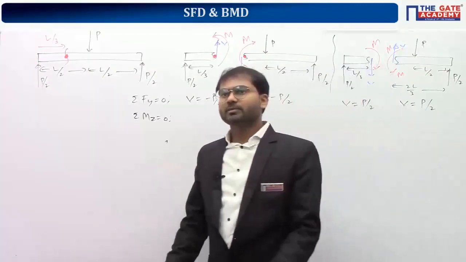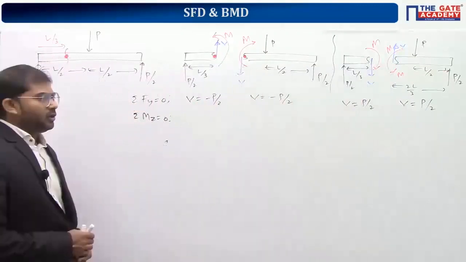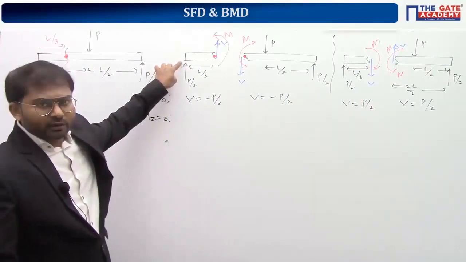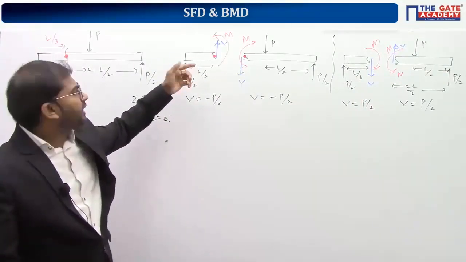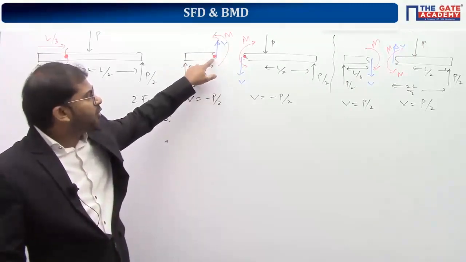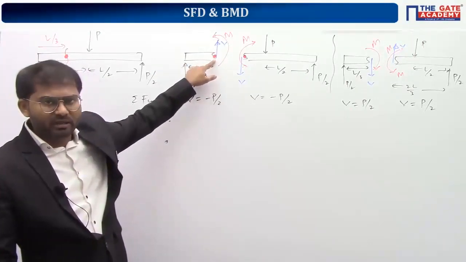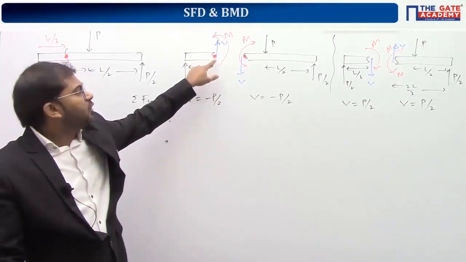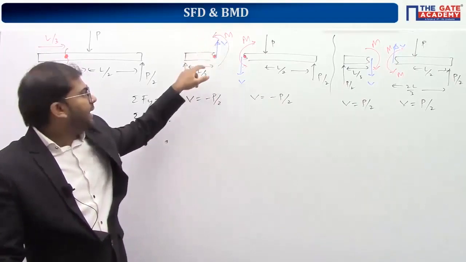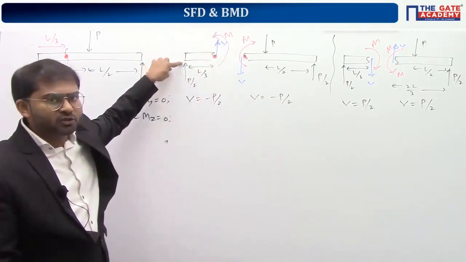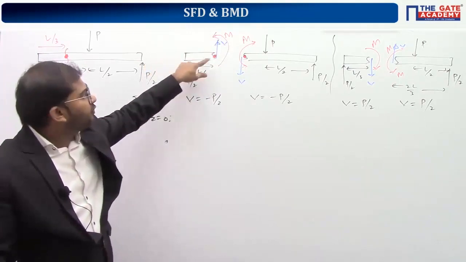Kindly do the calculation, everyone. Come on, do it. Here we don't need to take moments about the support only, because we are concerned about getting the value of M. I'm just letting you know that if you take moment about the point where you would like to get the value of moment, you can get the answer a little bit faster. Understand? Because the unknown value is M here, and P by 2 is a known value. If you are taking moments about the supports, the known value will go off and the unknown value V will be coming.